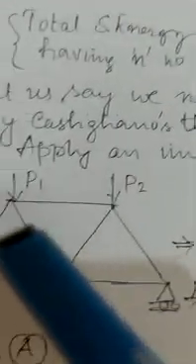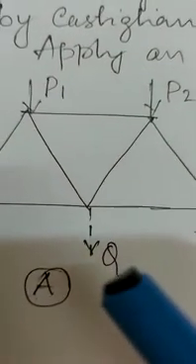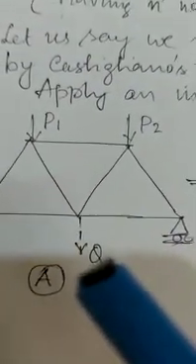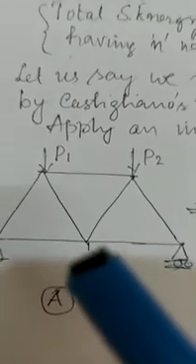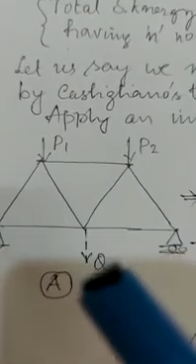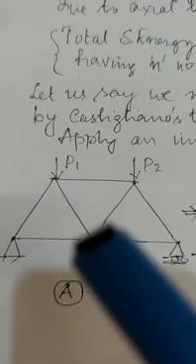acting. Suppose there is no force at E in the vertical direction, what we do as a customary practice is assume an imaginary force Q. So we apply an imaginary force Q at E in the direction of displacement. So we require vertical displacement. Assuming that vertical displacement at E is downward, apply a downward load Q. So assume an imaginary load Q at E where you need the deflection in the vertical direction. So we have applied a load Q in the vertical direction.